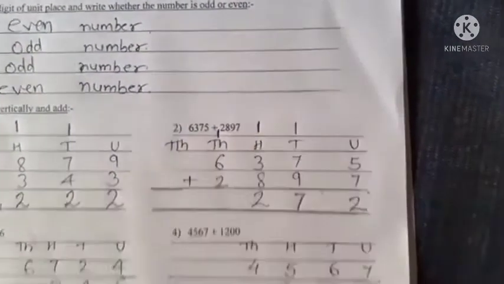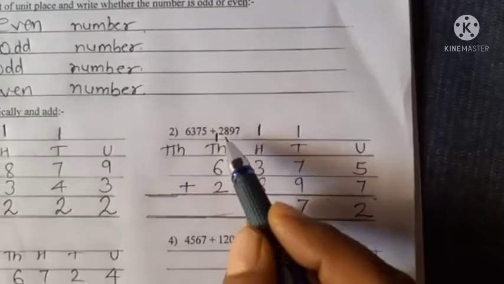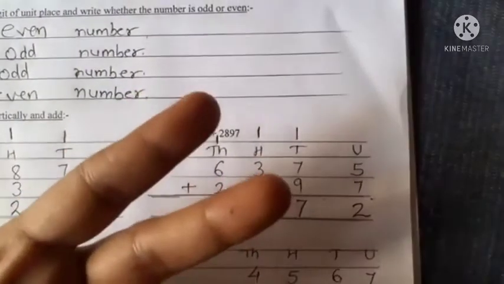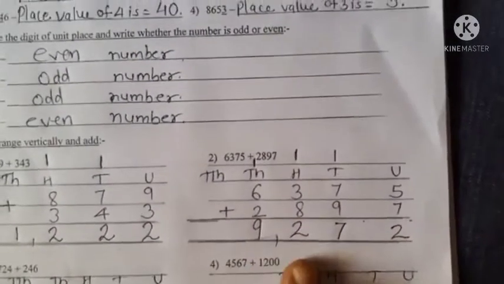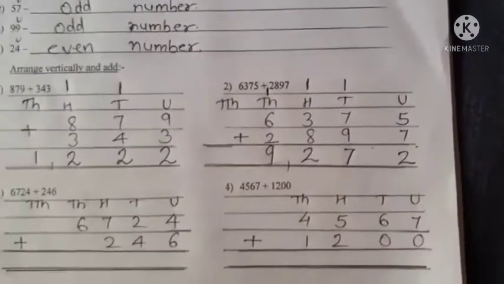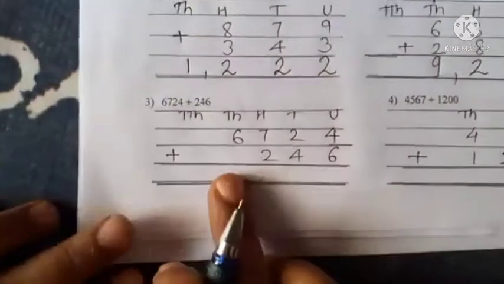1 we will carry in 1000 place. So here 6 plus 1 is 7. 7 after 2, 7, 8, 9. So here we will write 9. So our final answer is 9272. Clear students? Now we will do the third question